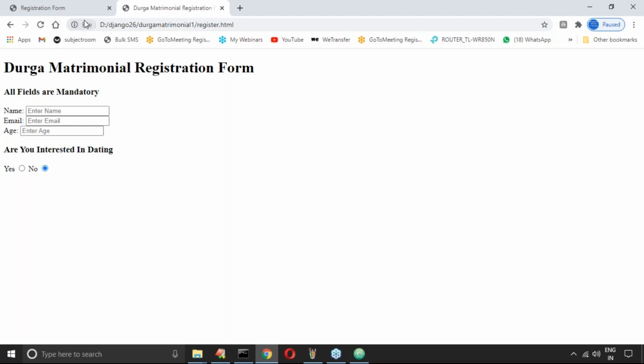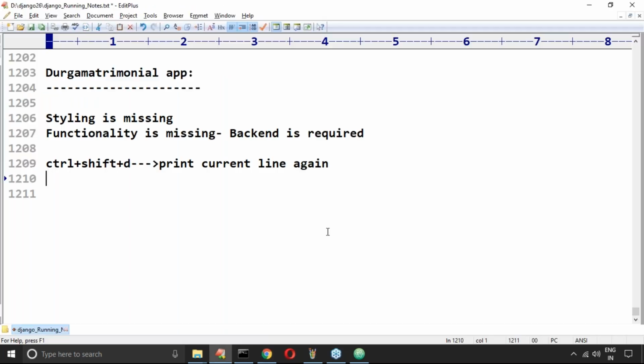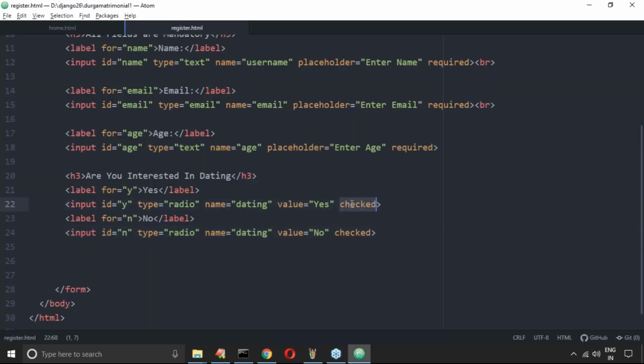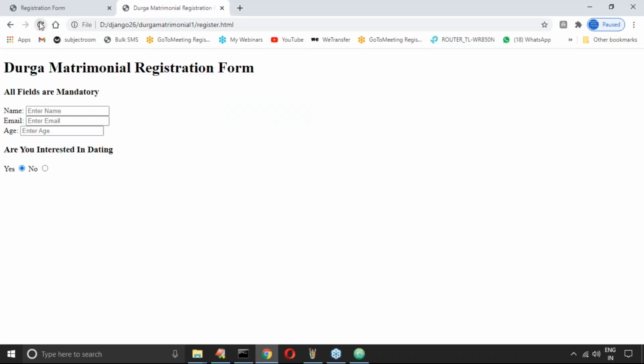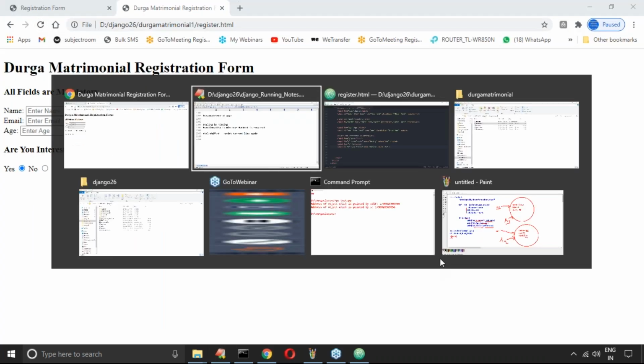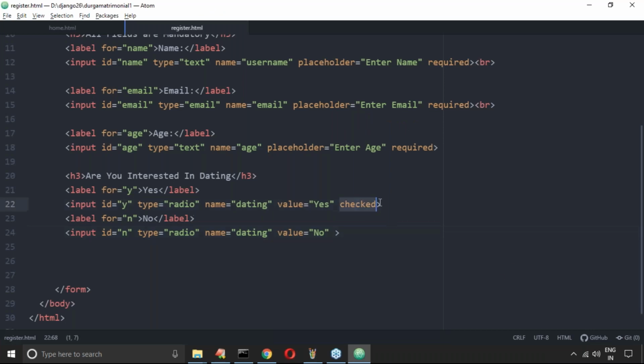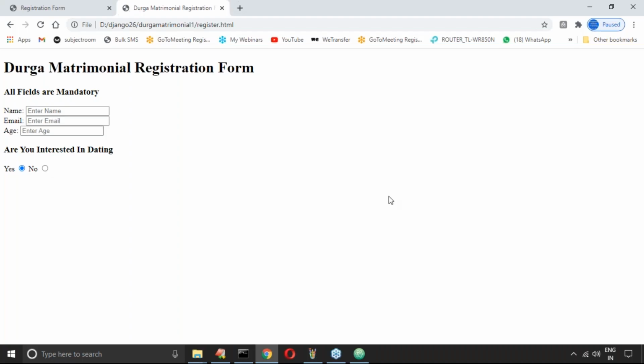The first one is going to be overridden. The second one is considered, the first one is not. If I remove the second one, then automatically only the first one is selected. If I remove both the things, what will happen? Then automatically nothing is default. Clear, right?